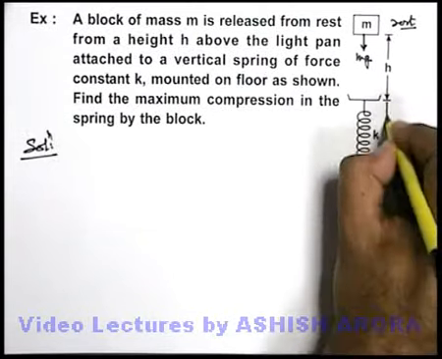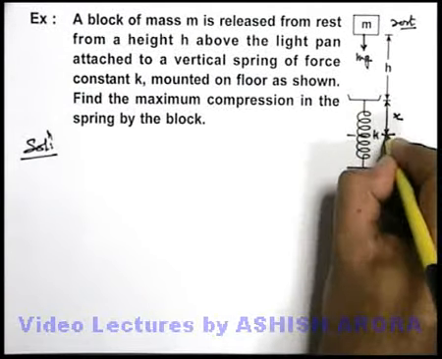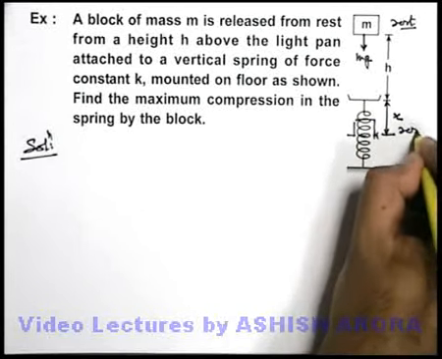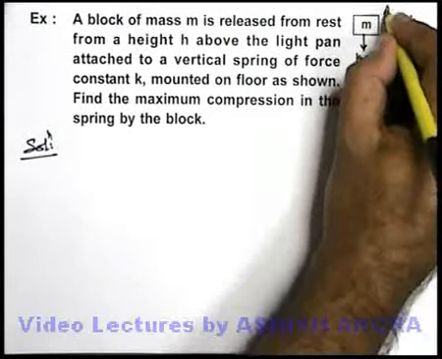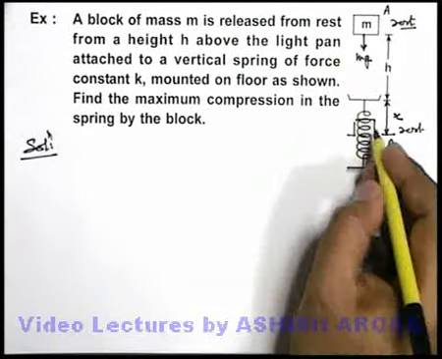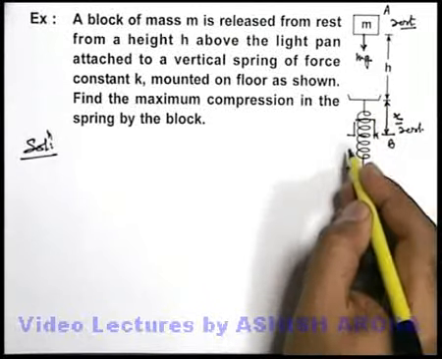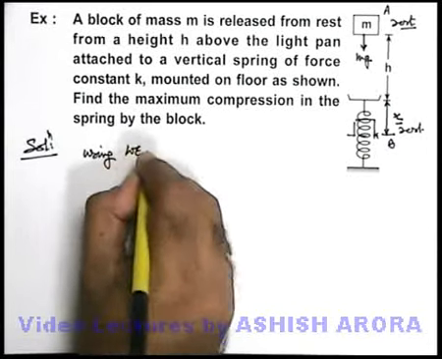Let us consider the block compresses the spring by a maximum distance x, and at this position the block will come to rest again. So in this situation, say the initial point is A, the final point is B. We just use the work energy equation from A to B to get the value of x. So we can simply write using the work energy equation